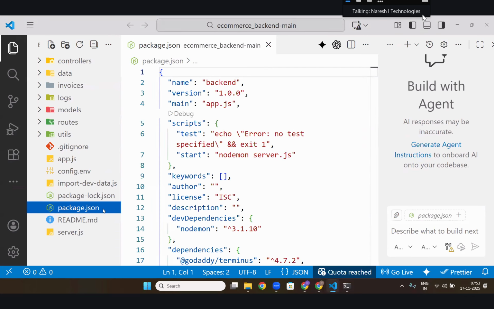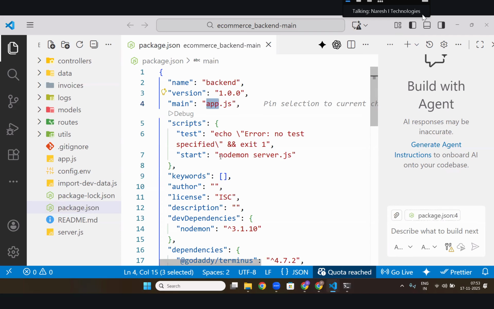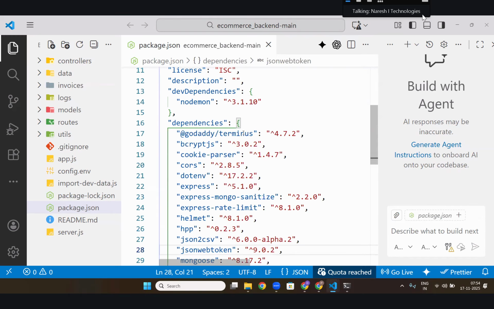In this package.json, what is the main file? App.js. But where does the server start? Server.js. Usually in our application we keep only one, but this guy kept two. He also used dev dependencies such as nodemon. He used something called terminus.